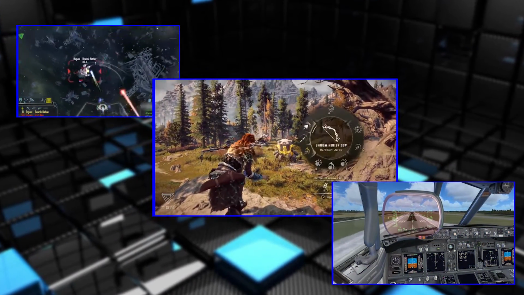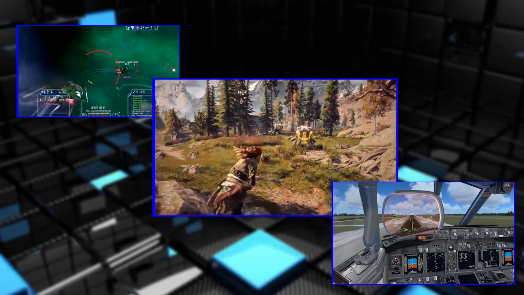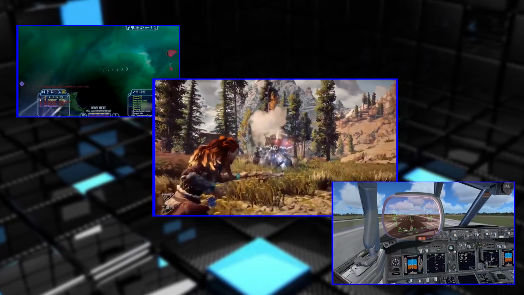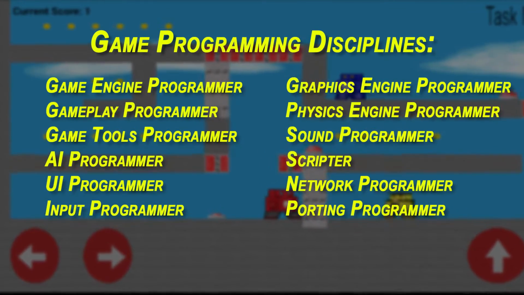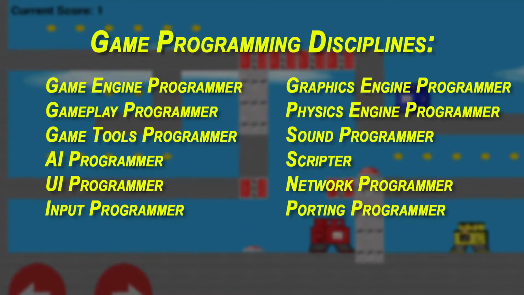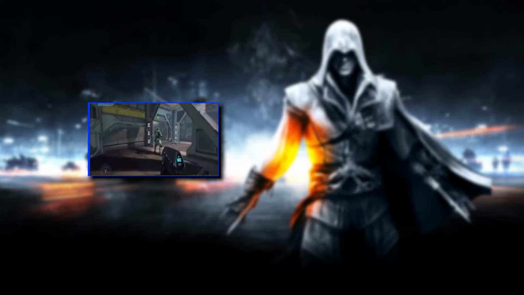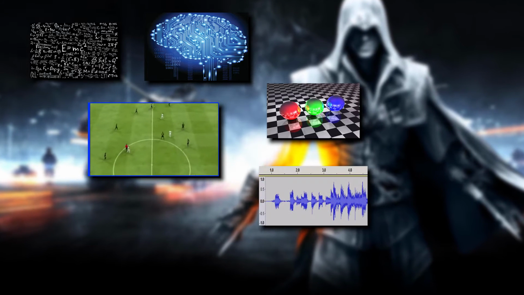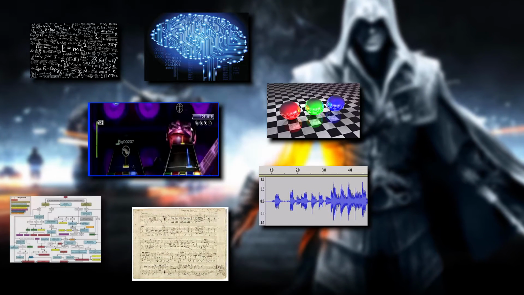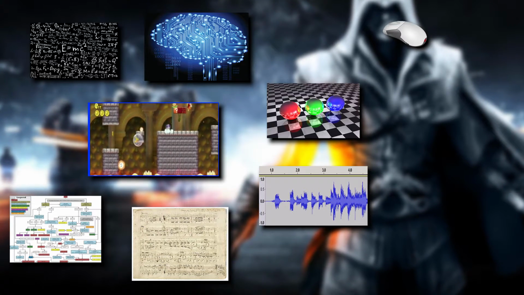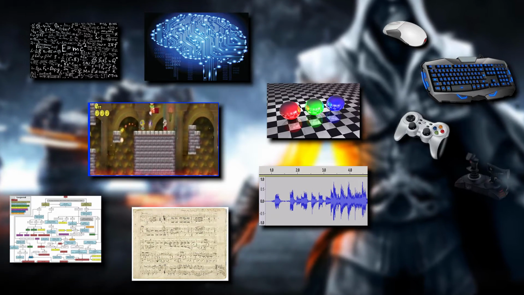A game programmer is a software programmer or engineer who primarily develops video games or related software, such as game development tools. Game programming has many specialized disciplines, all of which fall under the umbrella term of game programmer. Modern video games may include advanced physics, artificial intelligence, 3D graphics, digitized sound, an original music score, complex strategy, and may use several input devices, such as mice, keyboards, gamepads, and joysticks.